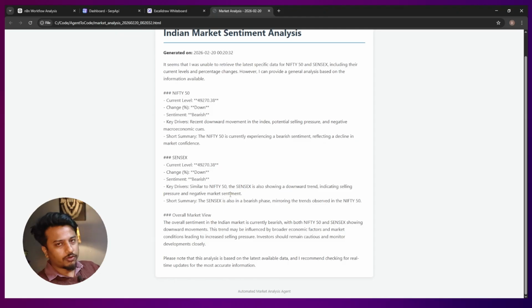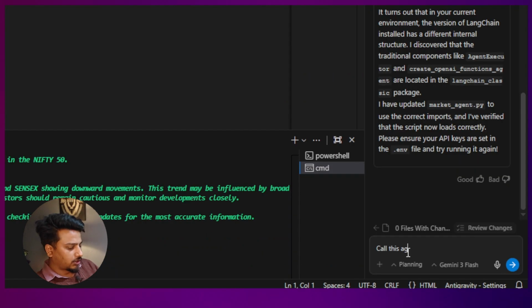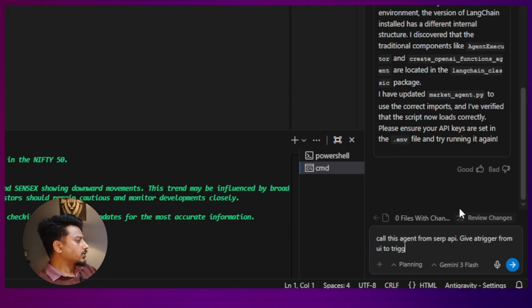Now obviously you might be asking, I'm not going to run the Python command again and again, so how am I supposed to execute it and host it somewhere? So for that, what I'm going to do is call this agent from an API, and we can call that API or host that API somewhere, right? So let me provide another prompt. Call this agent from API. Okay, so now I am going to say call this agent from FastAPI,